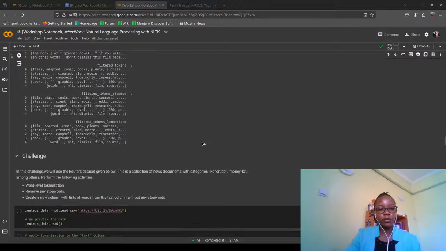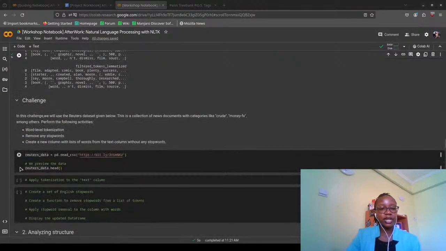So now we have a challenge. I have provided you with a dataset known as the Reuters dataset. This Reuters dataset is a collection of documents that have labels. They have labels like crude, moneyfx, and many other labels. So what you are required to do in this challenge